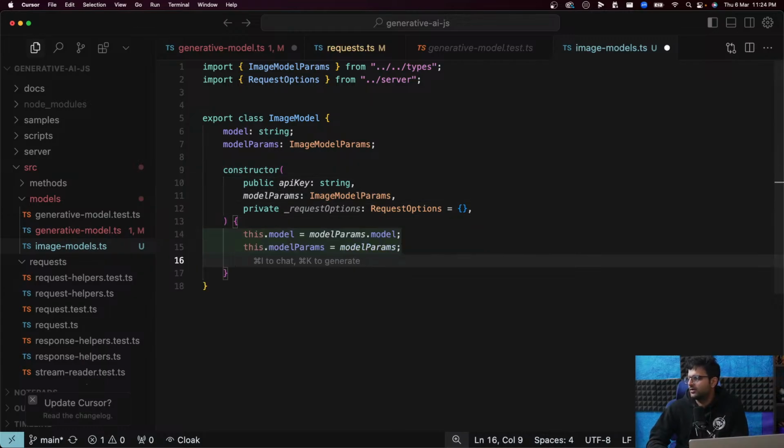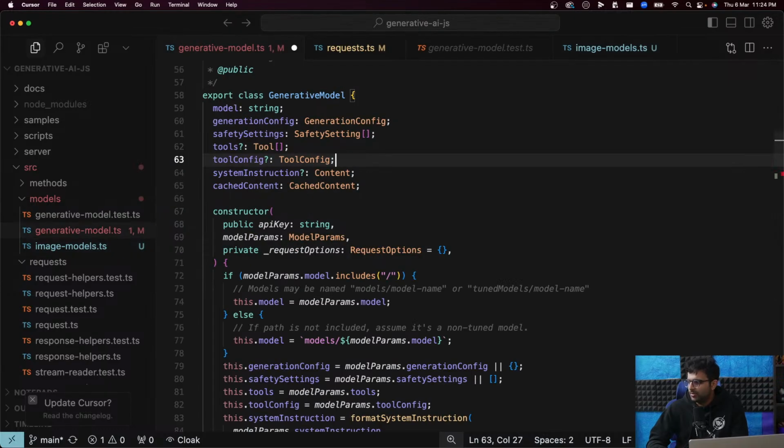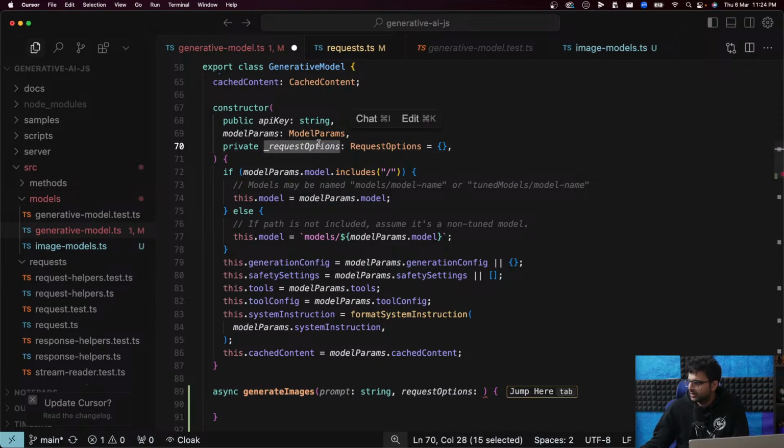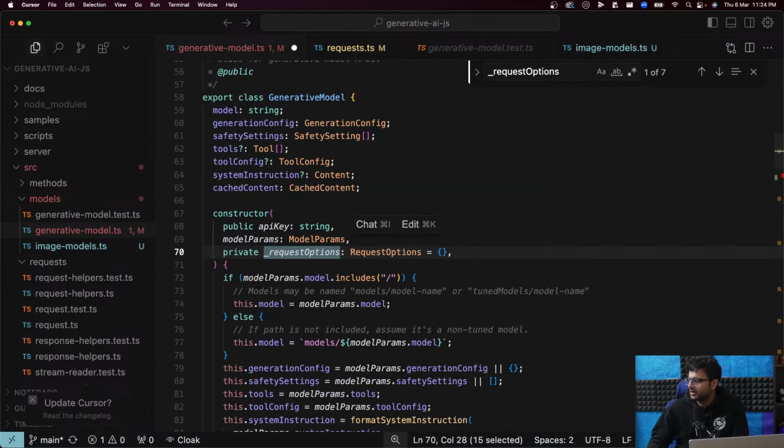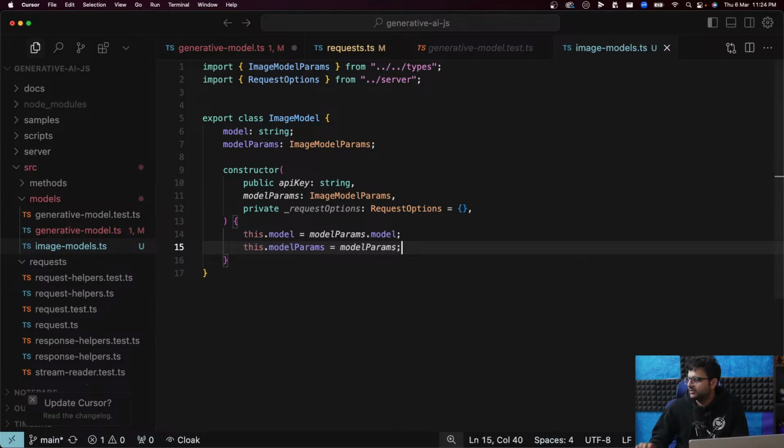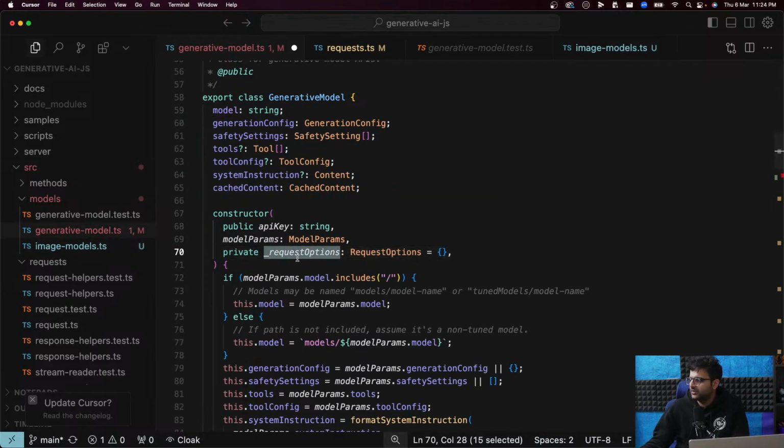This dot model equal to this, these dot model params equal to this, request options. Probably need to store them as well. Where did this guy store the request options? In a private variable. So if you add private over here, it automatically gets stored as an argument here, or whatever attribute over here. So we have all three of these. Where do they use it?